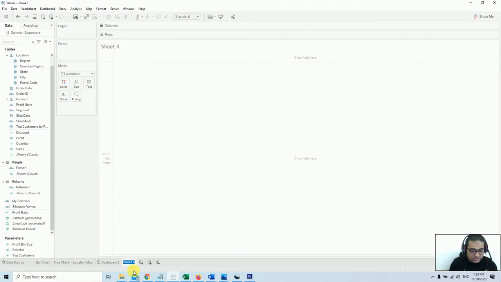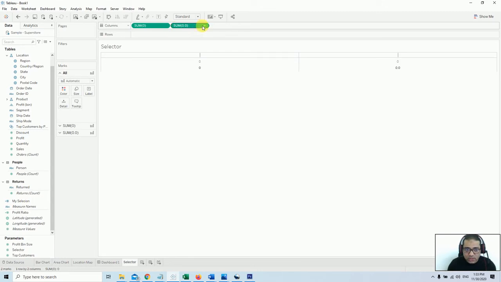I call it selector, and this time we will try to change our dashboard components with some icons, or you can call them buttons. I will show you how we can do that dynamically. To achieve that, first I will add some variables here. You can say 0, the other one 0.0, and the last one I call 0.00.